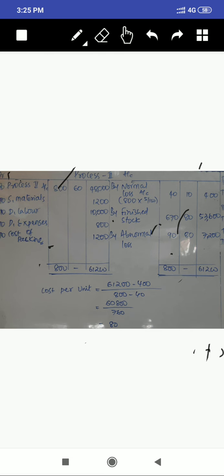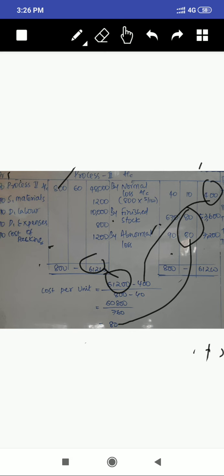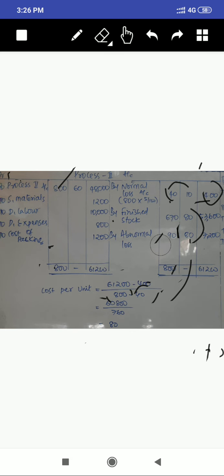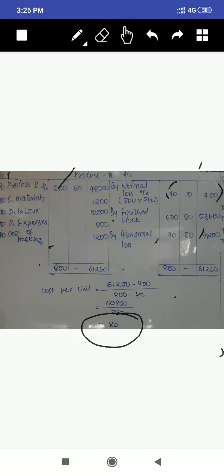These two pieces of information are not given in the problem. You have to find them always like this by using this equation. So again, total cost is here, and minus what? Total cost minus normal loss. Normal loss amount how much? 400 right here, and this 800 is the total units, which comes from here, and 40 is the normal loss units. It comes from here to here. So you will find the cost per unit. How much cost per unit comes then? 80 rupee per unit. See, the answer is 80 per unit. Write these two figures here. Then multiply the amount. This total and this total agree.